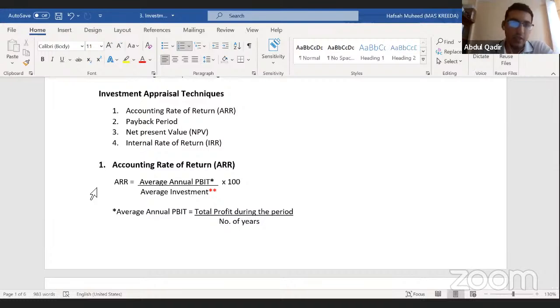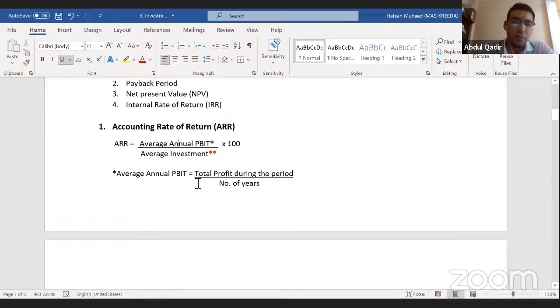So there is a formula given here, and even in the exam, you will have to use this formula in calculating, right? So how this formula works is, as you can see it's average annual PBIT, which means profit before interest and tax, which is also called operating profit. In the exam, if they give you just profit and they don't give you any tax information or anything like that, assume that is the profit they're talking about, right? You divide it by the average investment and you multiply by 100 to get a percentage answer, right? So I will explain now what each of these items mean, right?